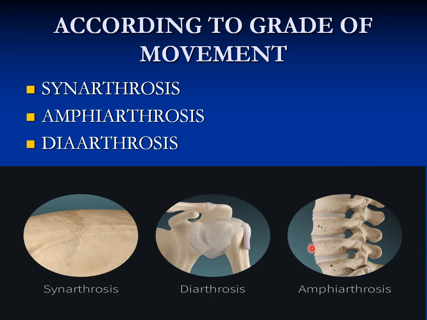Then there is the amphiarthrosis, where you have seen the cartilaginous tissue present in between the bones making the union possible. So these are the amphiarthroses where slight movement is possible. And the diarthroses are the cavitated synovial joints, and they show free movements and are freely mobile joints. So according to the grade of movement, immovable joints are synarthrosis. Slight movements are shown at the amphiarthrosis joints, which are the cartilaginous variety, and in the diarthrosis, free movement is possible.